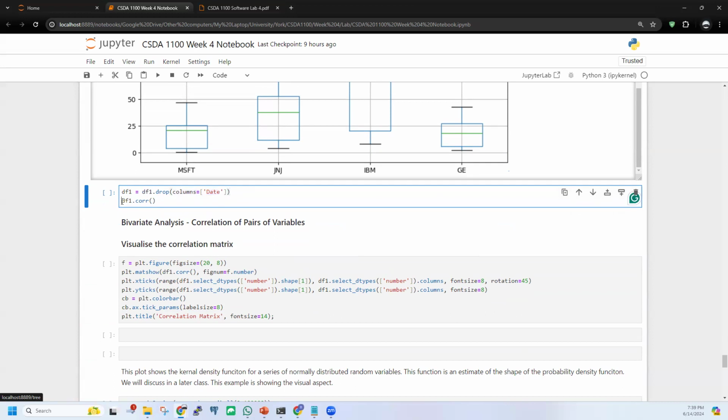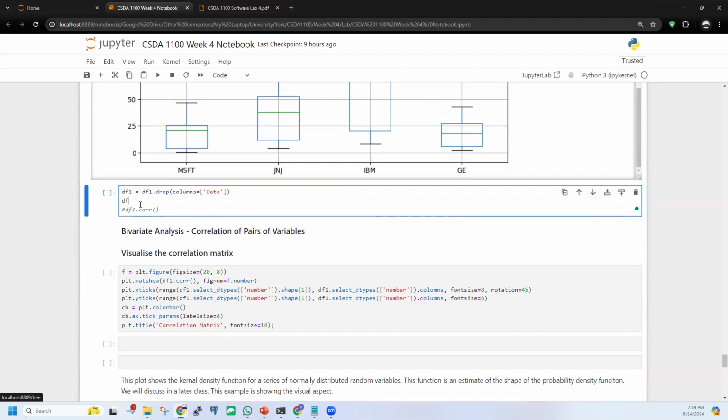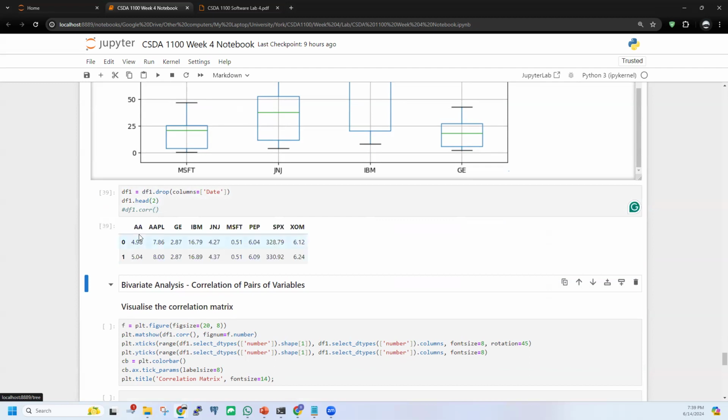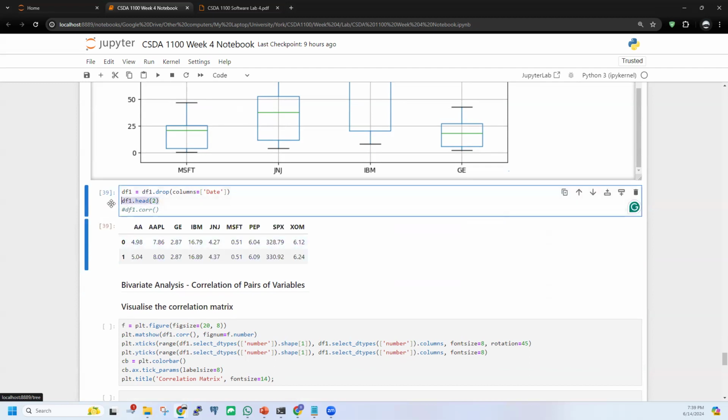So I'm just going to show you this. Let's comment this out for now and see df1.head() and see how it changes. Remember, we had a date. Now we're going to drop the date, and there's no date here, right? So after we do that,